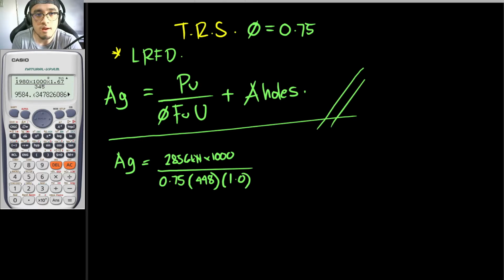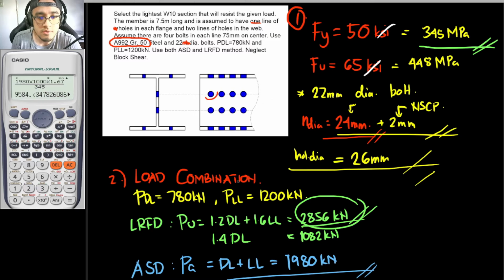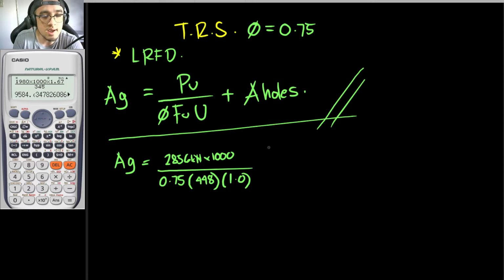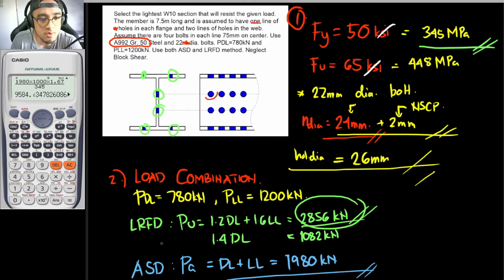Okay, and as for the areas of the holes, guys, these ones right here are the areas of the holes. So this one, this one, this one, this one, and this one. And for the area of the holes, that is basically equal to the number of bolts, I mean, let's say that this one right here,